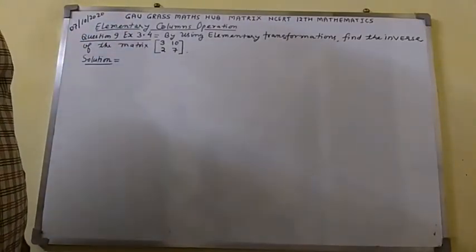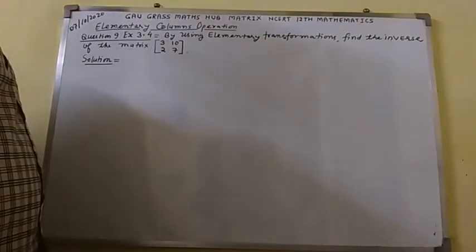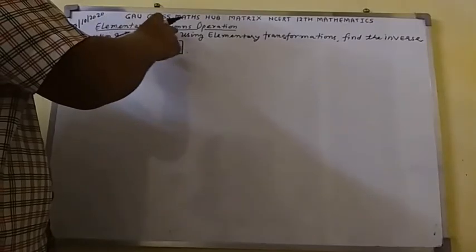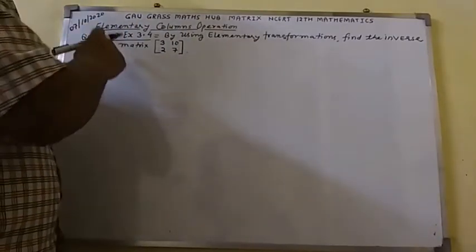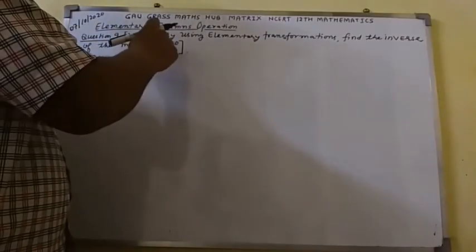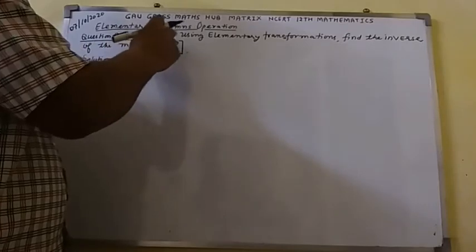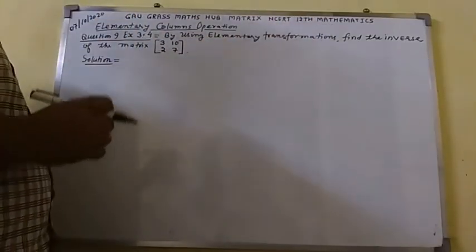Today we shall learn how to get the value of the inverse by using elementary column operations. If this type of question comes in your board exam and the question paper says, by using elementary transformations, find the inverse of the matrix, then